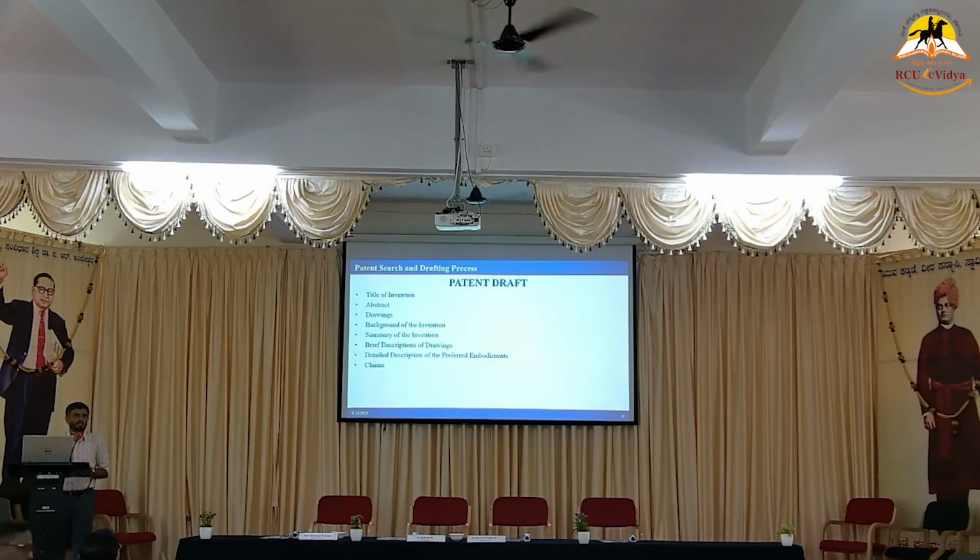The abstract is similar to the journal. But in a journal, you will be writing 200 words or 1.5 pages. Here it is not so. You require only a few words on what exactly you are going to work on. That also we will be covering in the next one. Drawing is very, very essential. You put a drawing and label it with a serial number. Below that, whatever the serial numbers 1, 2, 3, 4 are, you mention what exactly is 1, 2, 3, 4.